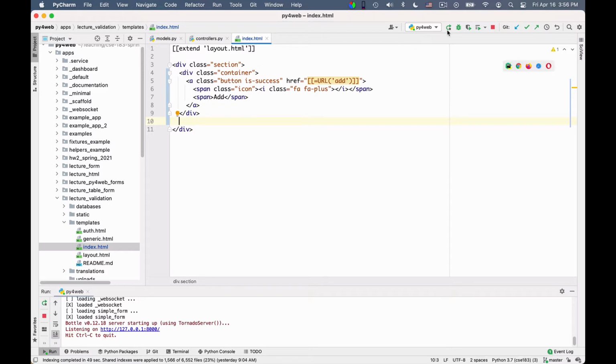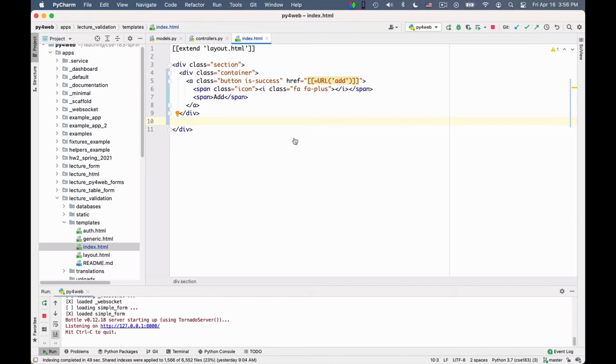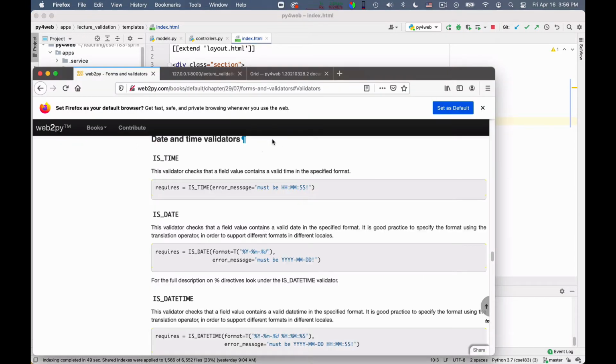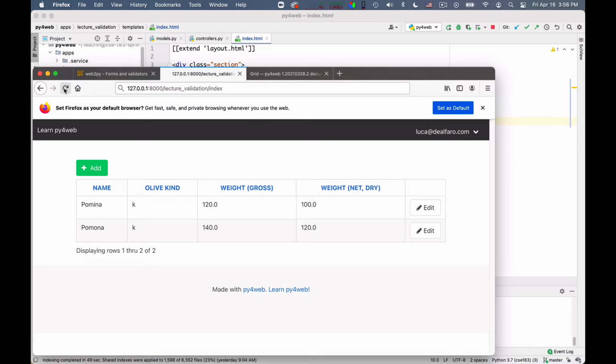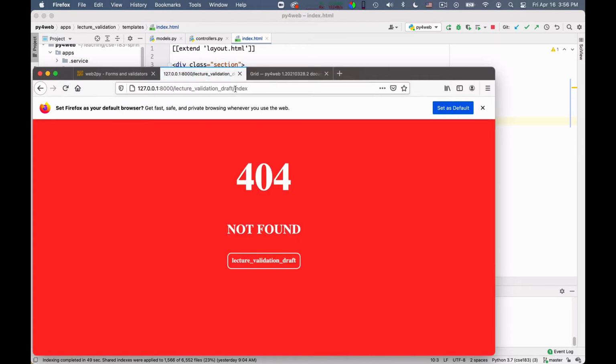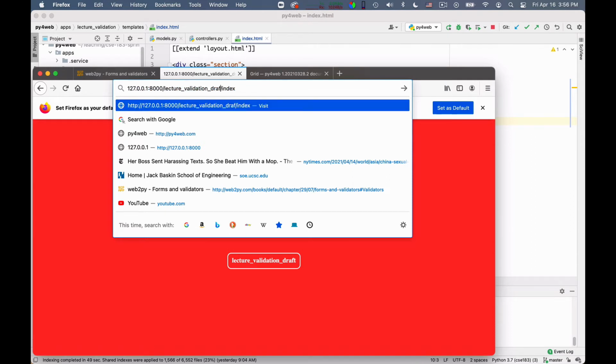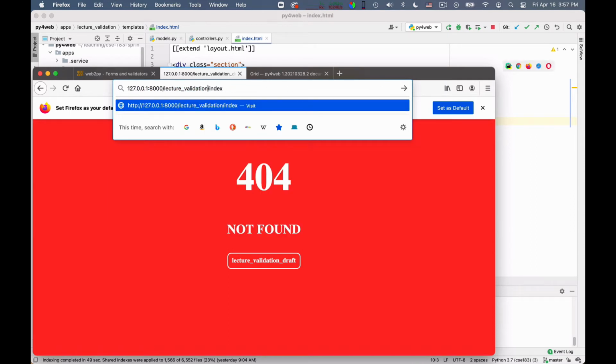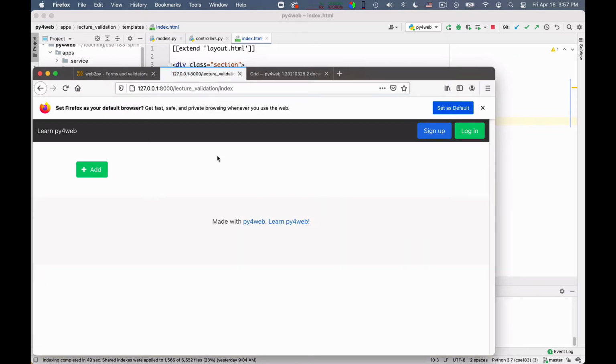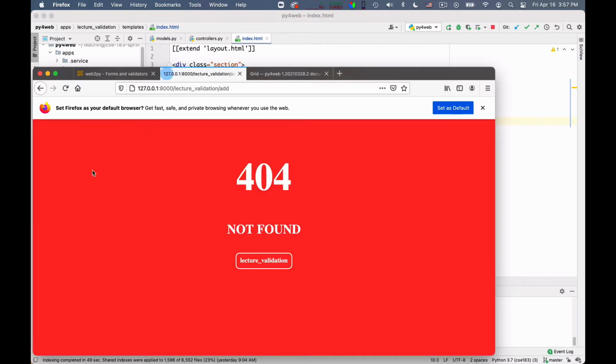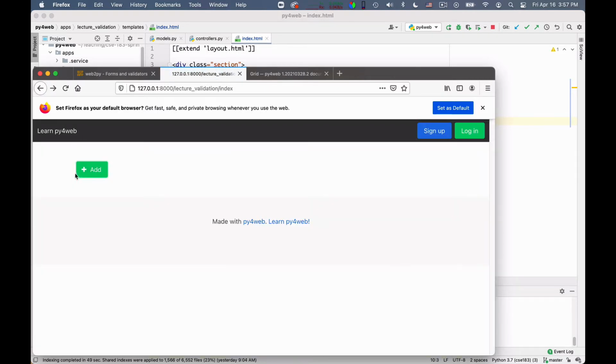and I can check whether this actually works. Of course, I haven't written the add controller yet. That I still have to do. It will be our next task. So let me go here a moment. Okay, and this works. And now if I click here, I will get an error. So in fact, we can look at it. But so we need to add the add controller, and that's what we are gonna do next.